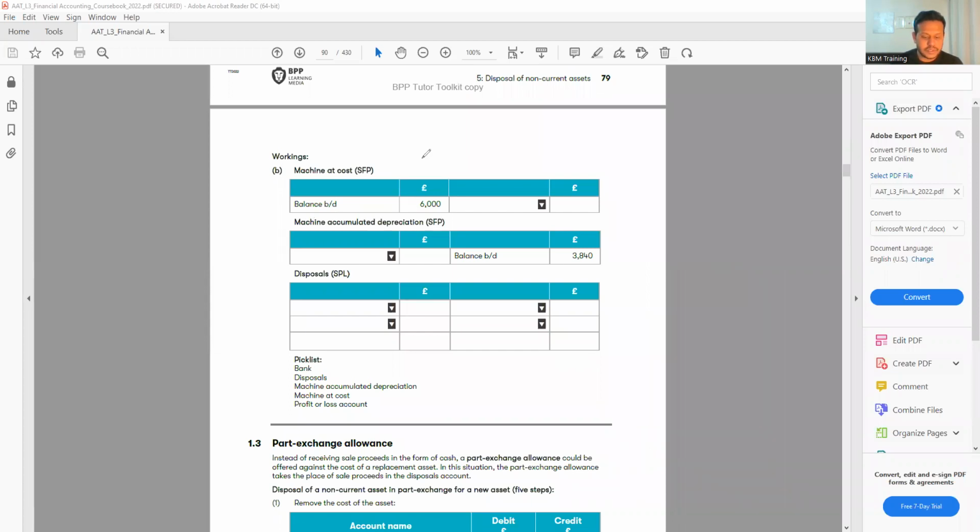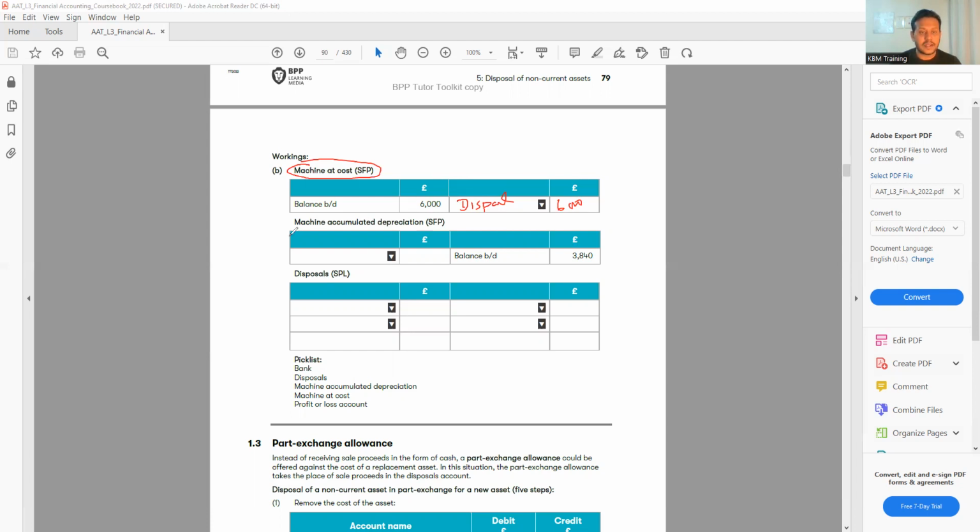The first one, we need to do machine at cost. So this machine has to go because we sold it. If we sold the machine or if we dispose the machine, it has to go. If you remember the journal, that will be disposal debit and machine at cost will be credit. So on the credit side, we're going to write disposal. If you don't remember your ledger account, how to do it, make sure you revise that. So ledger account represents the individual account and the balances. So disposal is 6,000. So the first journal we have recorded on our ledger account.